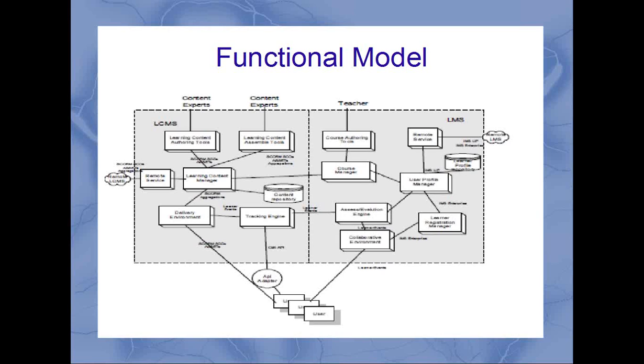As we had discussed earlier, different students might have different learning profiles or different learning preferences. Let's take the example of the student who wants to combine history with computer architecture. So this learning content assembly tool will create the course for the student where it will take content from computer history or other histories and computer architecture and form a course for this particular student. Now an LMS cannot do this on the fly.